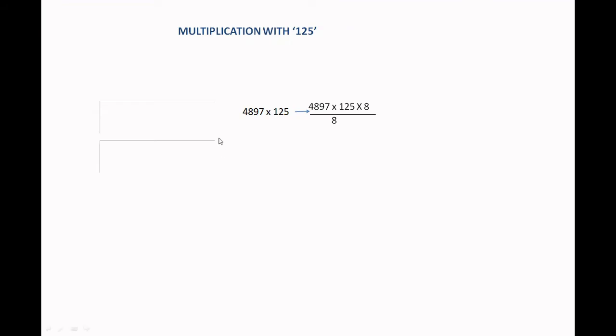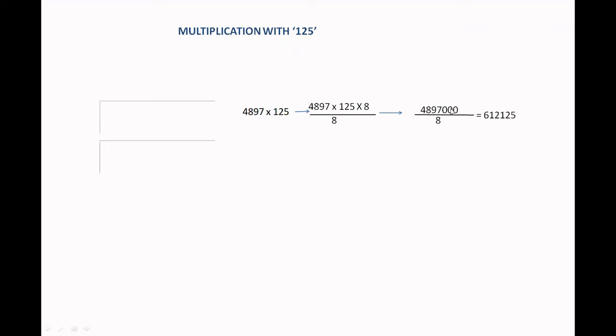So we are again dividing it with 8 so that the result will not change. In fact, what does it mean? It means just write 3 zeros at the back of the number and start dividing it with 8. On doing it like this, we can get the result very fast. Even in this case,